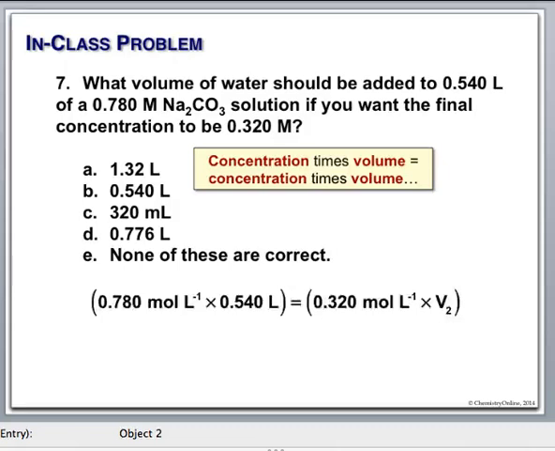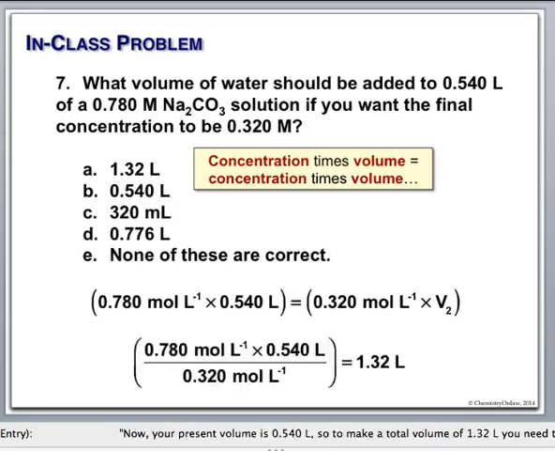Let's take this, and we're going to solve for B2. So we're going to multiply these, divide by 0.32. When we do that, we get 1.32 liters as our final volume. All right, so you did all those calculations. That's good. You look at your answers. You see 1.32 up there. You feel good. But